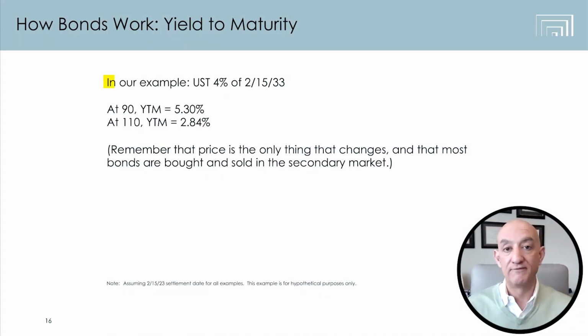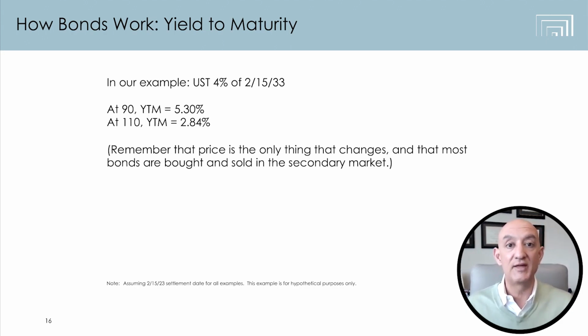So that hypothetical 4% treasury that you bought at 100 cents on the dollar maturing in 10 years, if you bought it at 100 and it matures at 100 and has a 4% coupon, meaning $40 on your $1,000, your yield to maturity is exactly 4%. But between now and then, that bond is going to move around in price with interest rates. So we'll talk about how that'll happen again in a second.